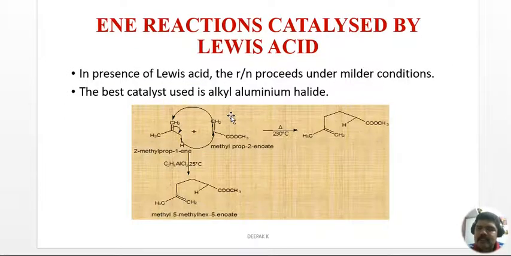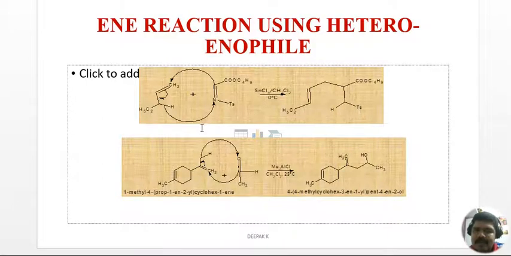But you can reduce the temperature if you catalyze this reaction. And this reaction is normally catalyzed by Lewis acids, just like aluminium alkyl halides. A Lewis acid can catalyze the reaction. The same reaction will take place, but if you are using a catalyst like C2H5AlCl2, the same reaction will take place, but look at the condition. When you are doing a general reaction without Lewis acid, you need to have 230 degrees centigrade. But if you are using a Lewis acid, what is happening? A 25 degree reaction is going to happen. The reaction is not going to change, but the only difference is that you can reduce the temperature, or you can reduce the conditions. And these are some more reactions.